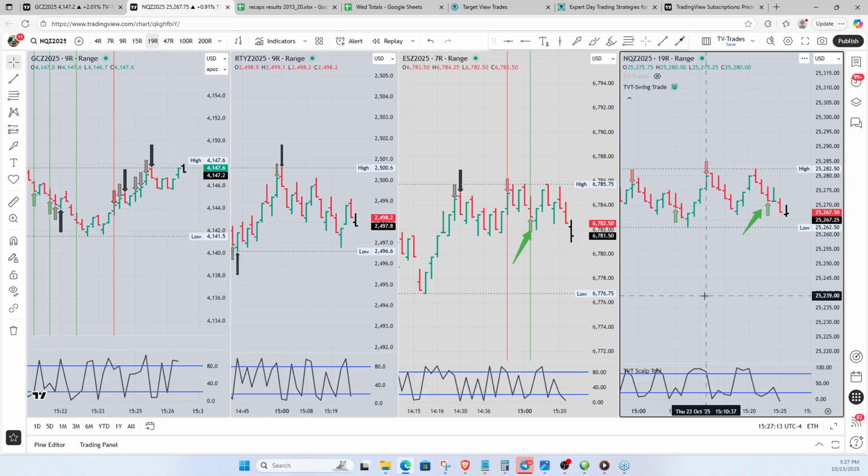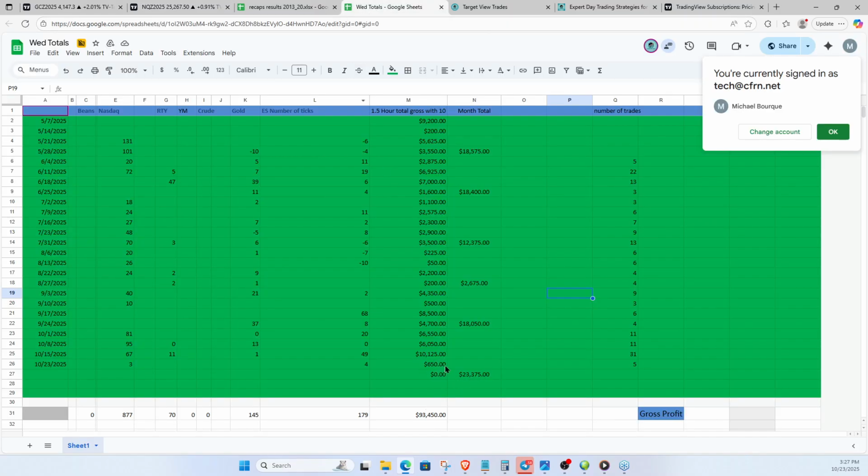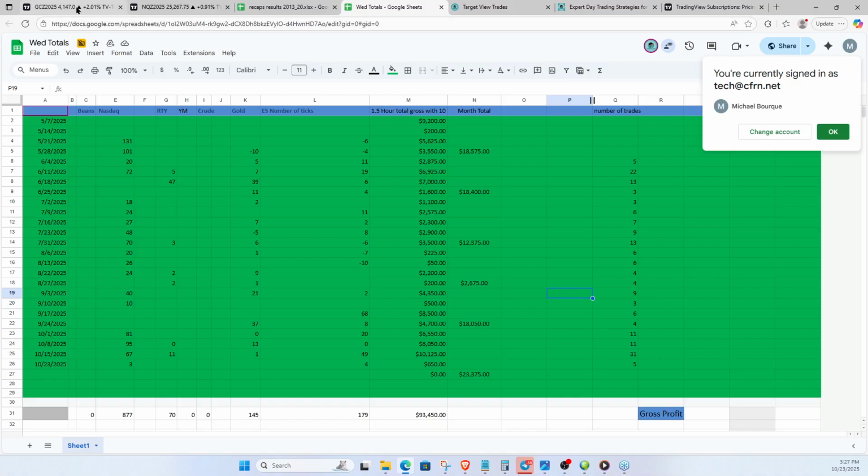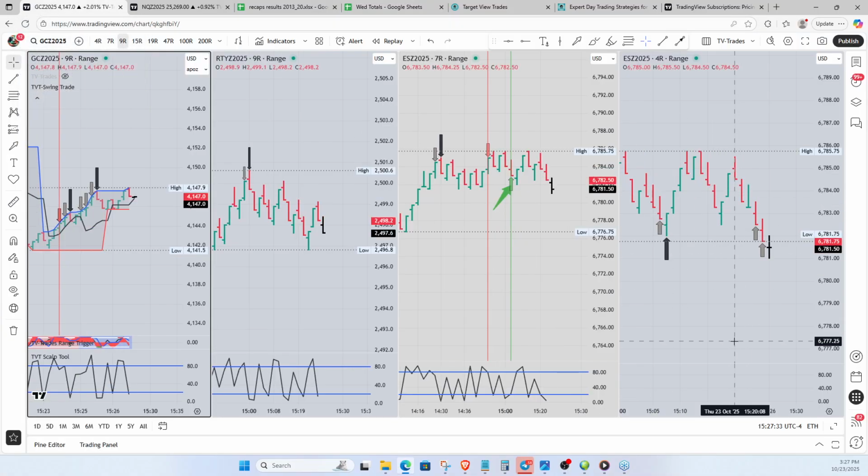But I'm waiting. It's 3:27, so we have about 33 minutes left, guys. And we're now on our Wednesday total. We're nowhere near what we usually get, but we're positive now after having that initial stop out. Our average is about 6 times where we are right now. But I'm telling you, the last 15 minutes is when it all happens.